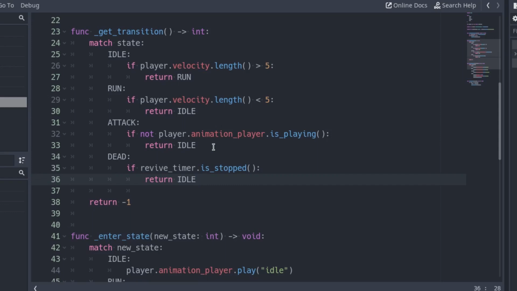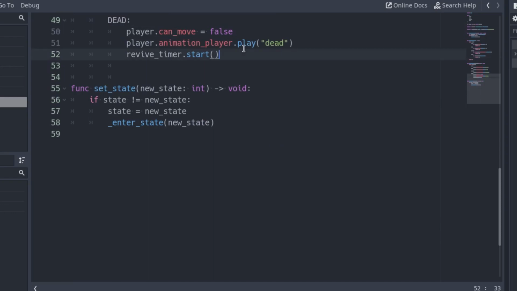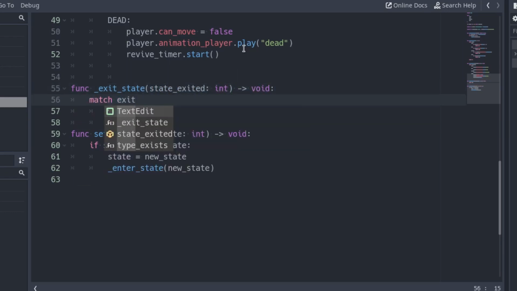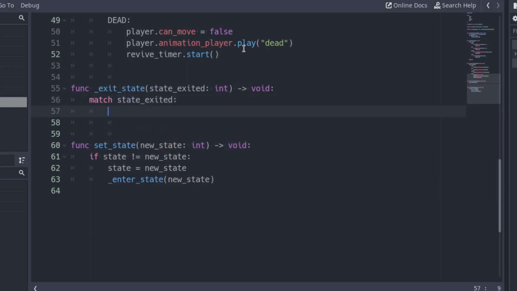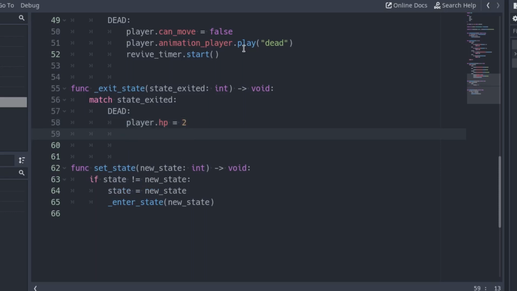But he will still have 0 HP and canMove will still be false. We have to change them when we exit the dead state. Create a new function called exitState with a parameter containing the state we exited. If the state exited is dead, change the HP back to 2 and canMove to true.